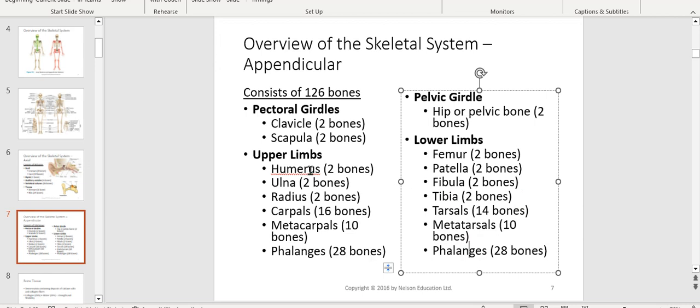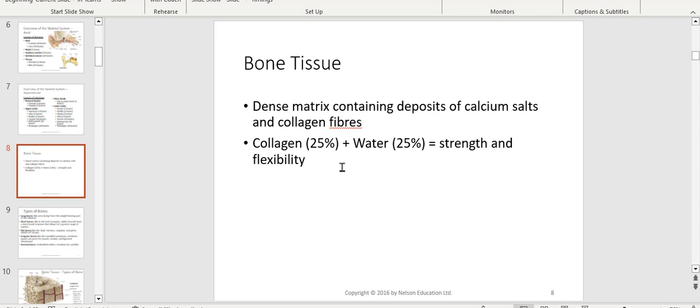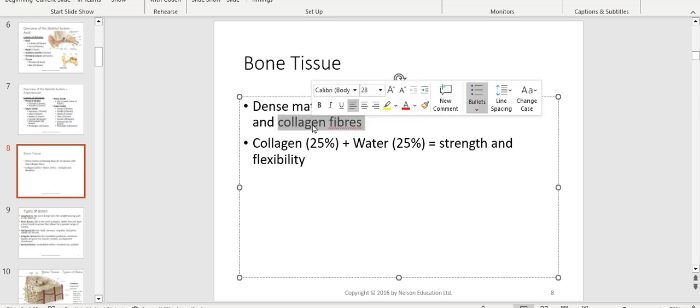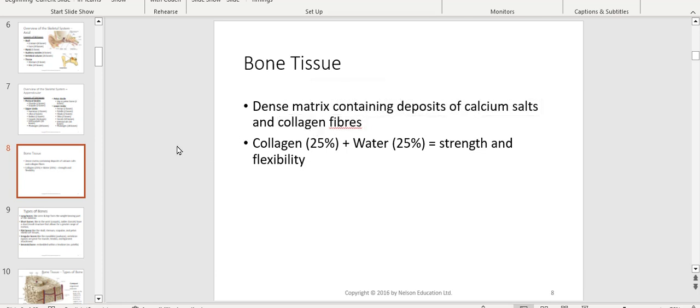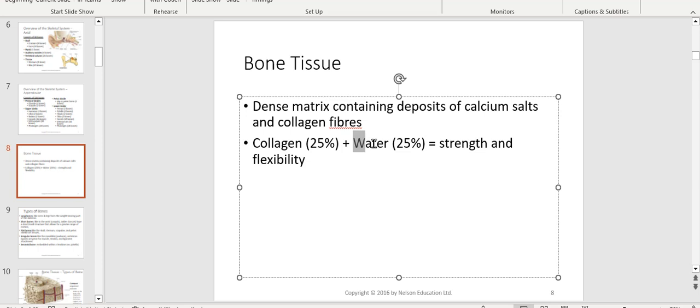Bone tissue, dense matrix there containing deposits of calcium salts, collagen fibers. These collagen fibers there, they provide a little bit of sponge. So the bones aren't like 100% solid concrete, right? There is a little bit of stretch. Okay. Collagen 25%. Surprisingly, water 25%. Strength and flexibility, absolutely. If you ever saw a question there, asking if bones are alive, you would most definitely